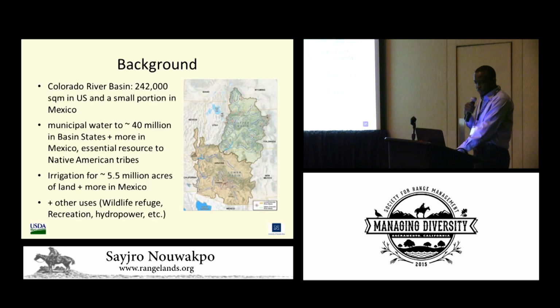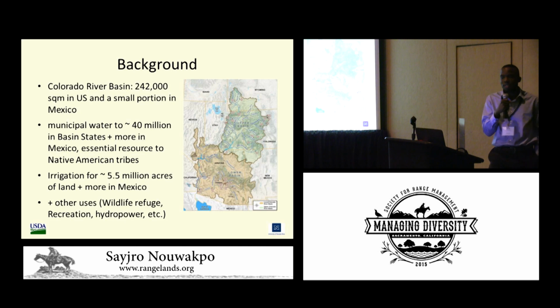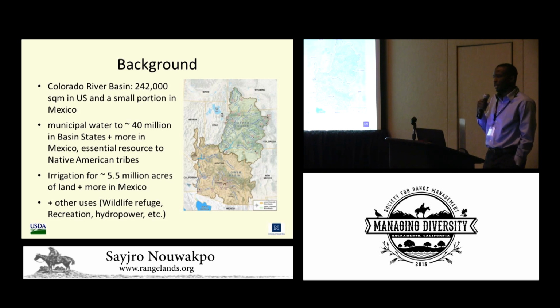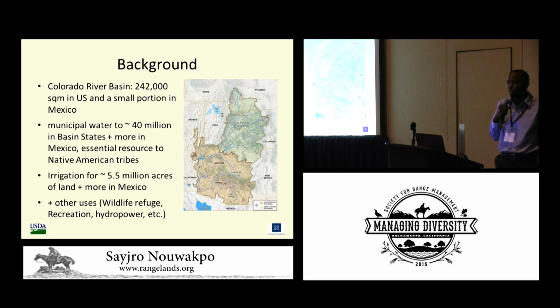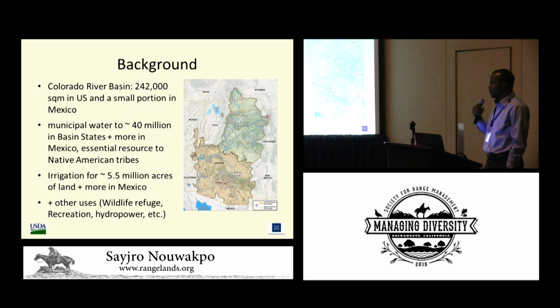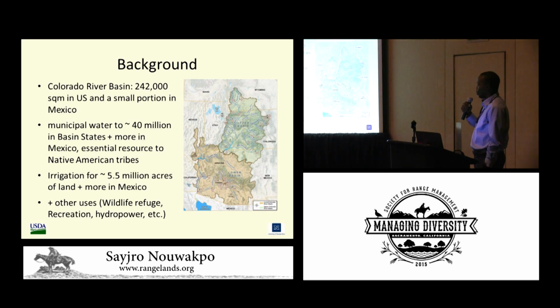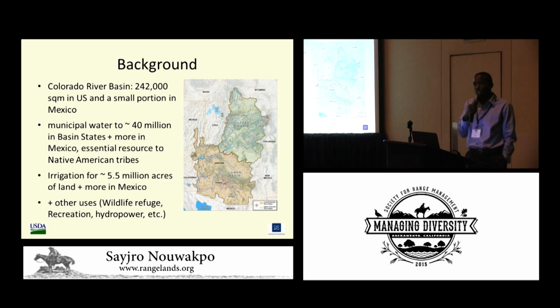A quick background, why are we doing this work? People think of these saline rangelands usually, and you'll see some of the pictures, they look very desolate, they're arid or semi-arid with very low precipitation regimes. And so people usually wonder why does it matter to really look at erosion and hydrology in those areas? And a quick answer would be, well, it doesn't rain very often there, but when it does, it's usually large storms, and that is usually associated with a lot of solute transport in water that managers have to deal with